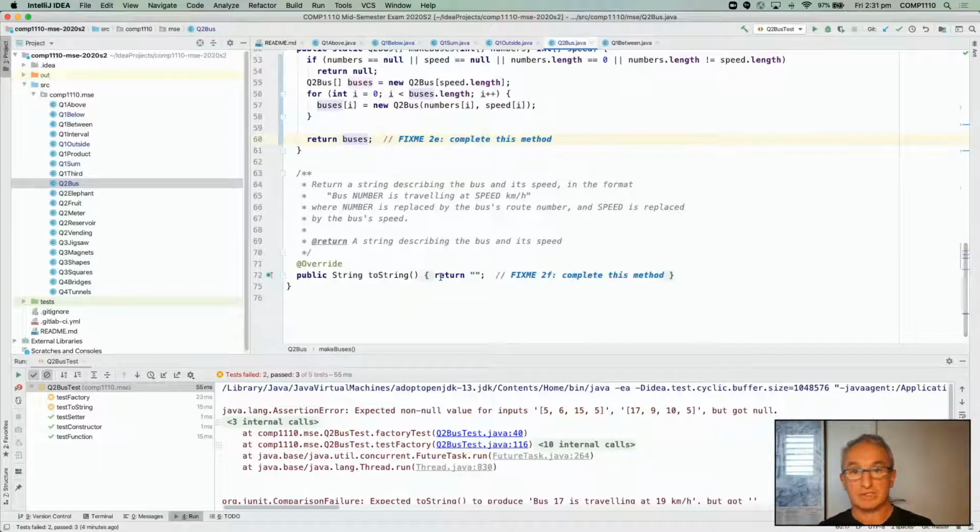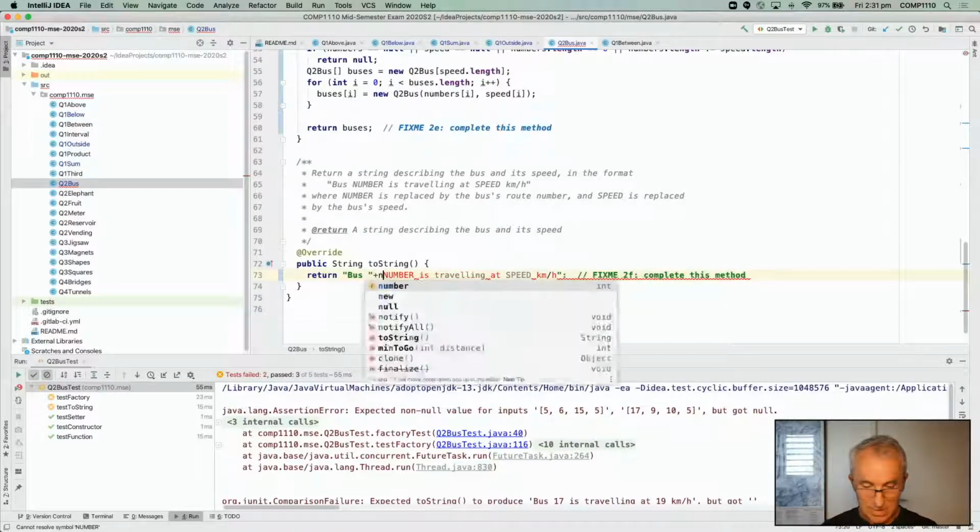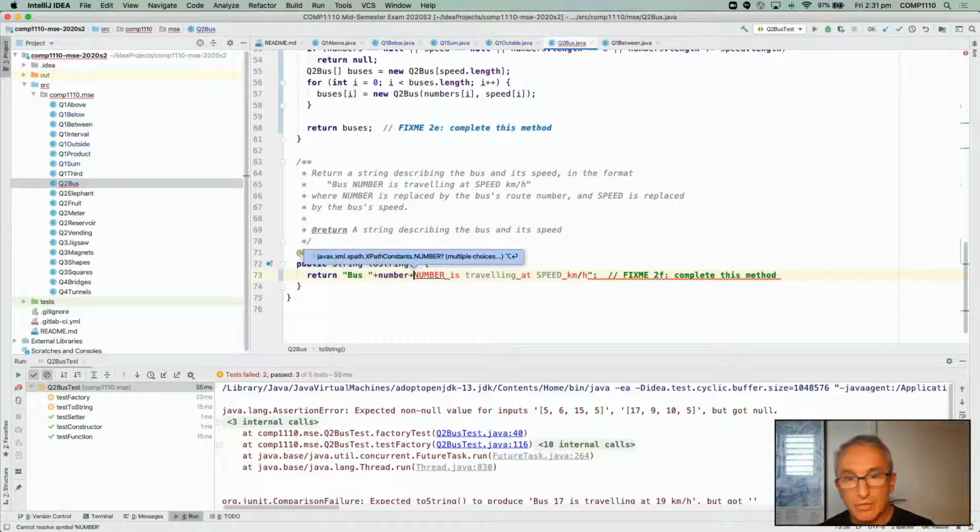Next thing we're going to do is this toString method. This should be very familiar too. We've got to do it in exactly this format here. Let's just cut and paste to make sure we get it right. We do cut, and then we'll say paste here, like that. And now we're going to change this number to be whatever the number is. Number plus number. Oops. Number. And then